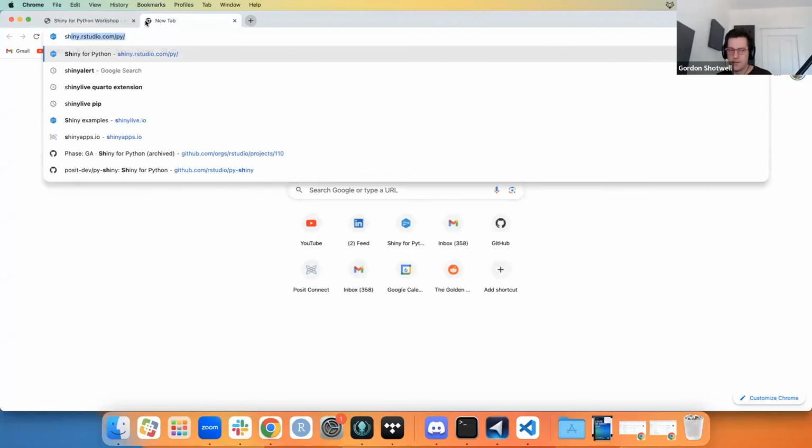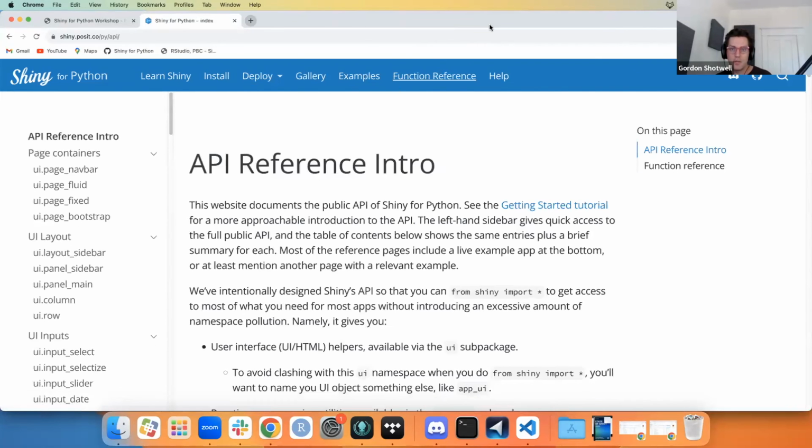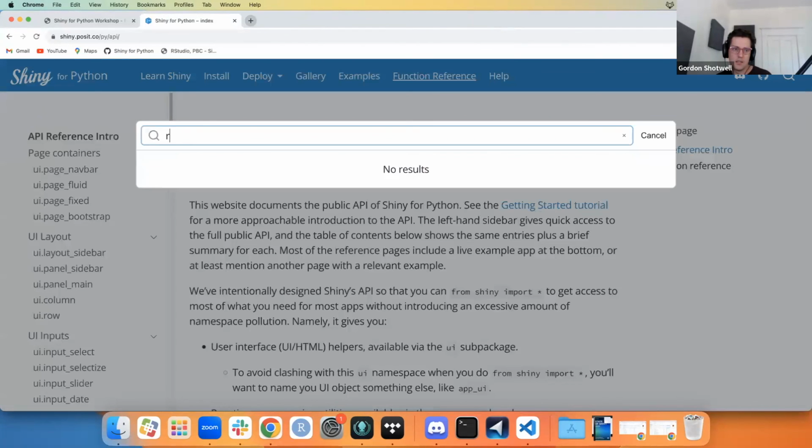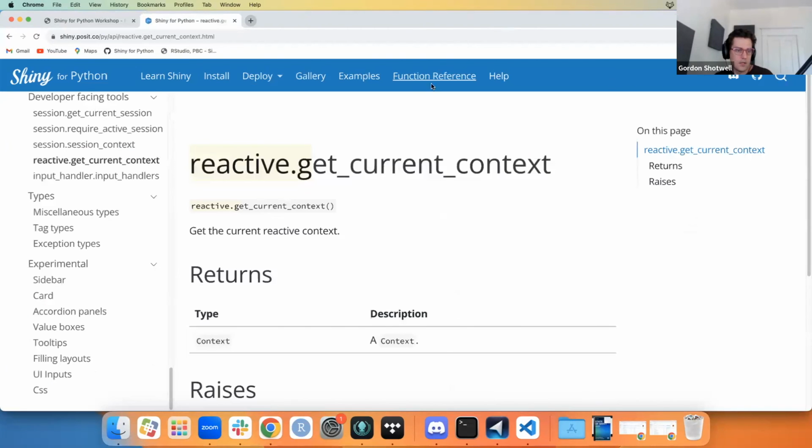The question from Paul: what happens when your graph contains cycles? It causes a crash, right? Because it doesn't know how to update things. There's a function. Let me show the screen again. So this is the basics of reactivity, but there are a lot of ways of managing it manually. One of them is